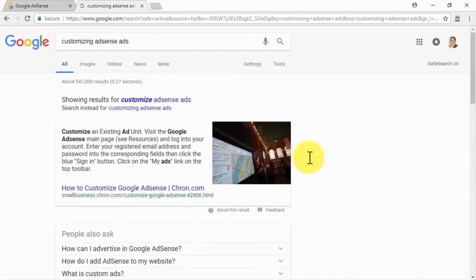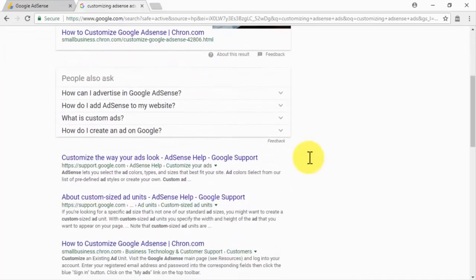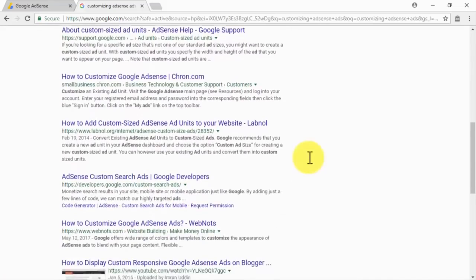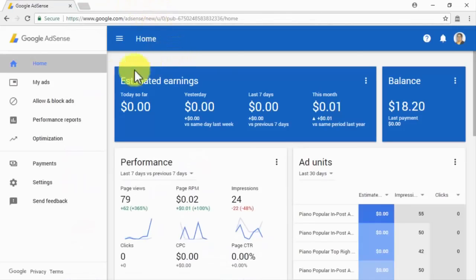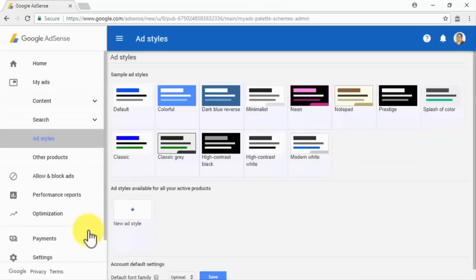In this video, we are going to teach you how to easily customize ads from your AdSense account, and how to generate the code that you will later be able to insert on your site to serve ads there. You'll have to start on your AdSense account's homepage, and from there, click on the My Ads tab located on the left-hand menu. First off, we recommend you to check the Ad Styles section by clicking on the Ad Styles